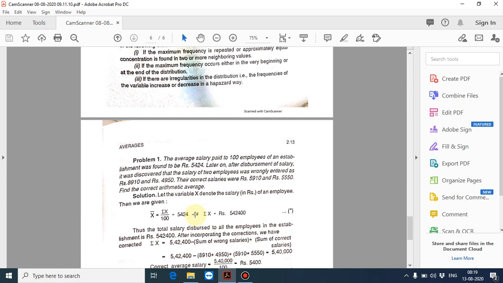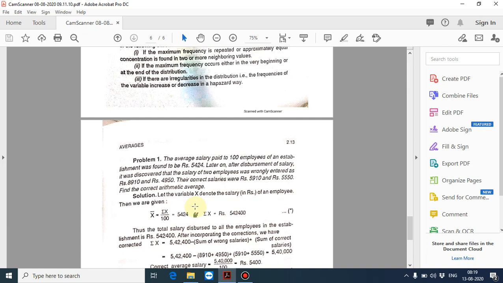Summation x is equal to 5,424 times 100. Cross multiplying, you will get 542,400. Thus the total salary distributed to all employees in the establishment is 542,400 rupees. After incorporating the corrections,